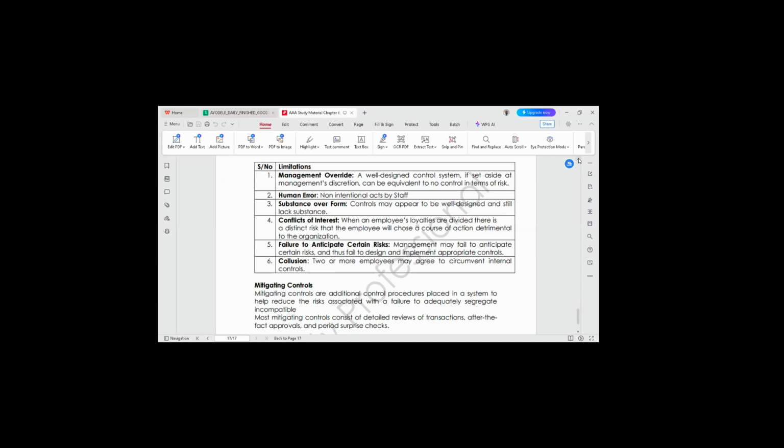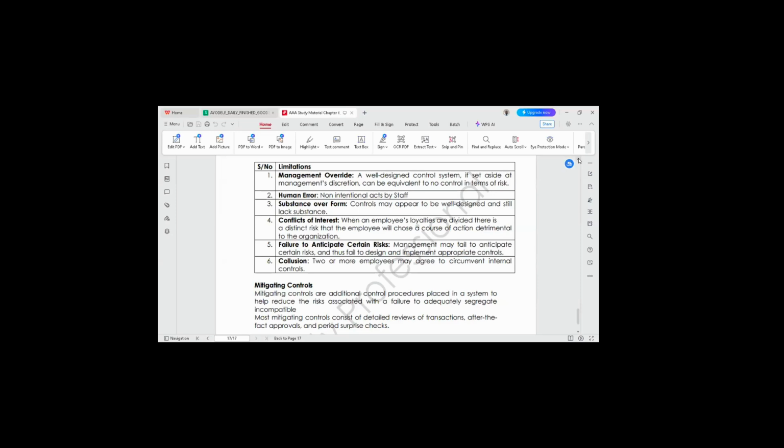Then we have mitigating controls also. What that is saying is that you're looking at an onion approach. Onions have different layers, okay? Before you get to the bulb, that small thing inside the onion, you have to peel several layers, right? Now, what we are saying here is that an organization should endeavor to have that kind of onion approach towards their